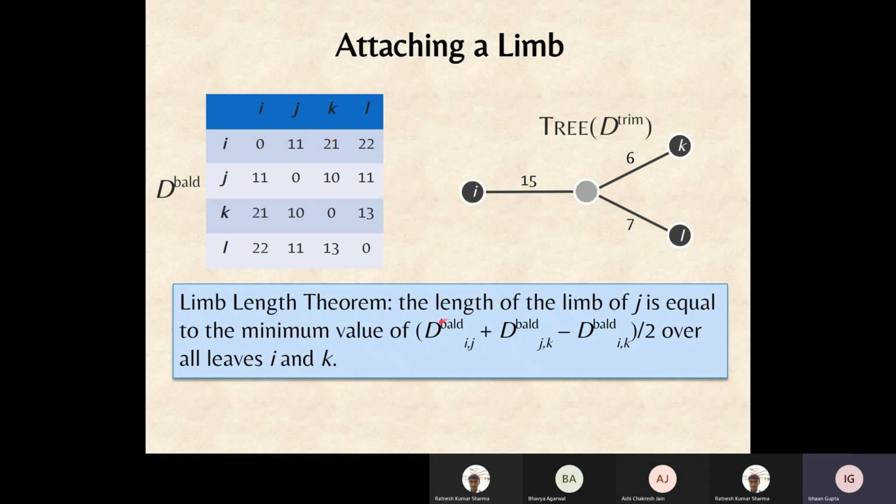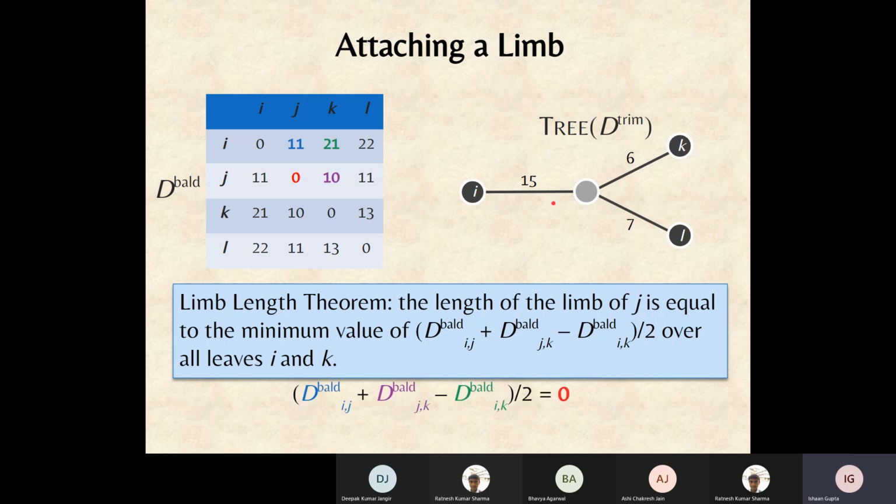For this matrix, D bald, if you want to calculate the limb length of j, the limb length of j will be given by this particular minimum value, right? Over all the possible combinations of j and k, right? So when you find the minimum value over all the possibilities of j and k, here it could be jk, it could be j and l, it could be k and l. All right. When you do this for all the possible values, then the minimum value that you actually get is